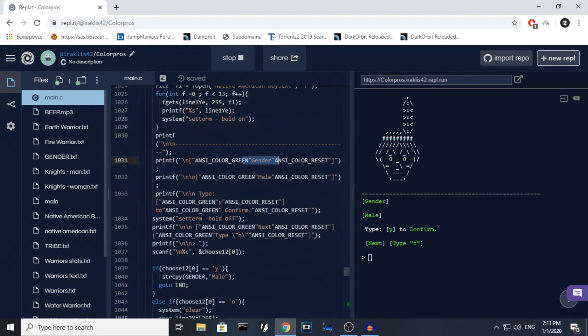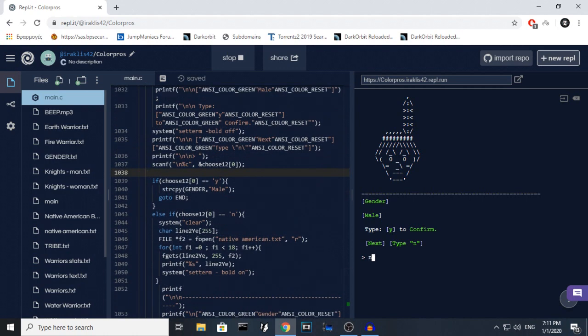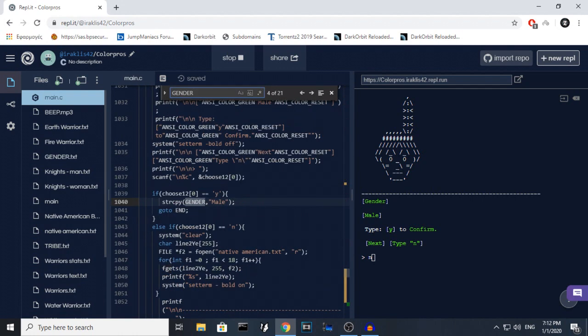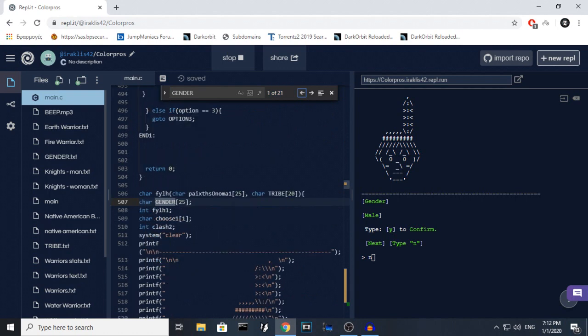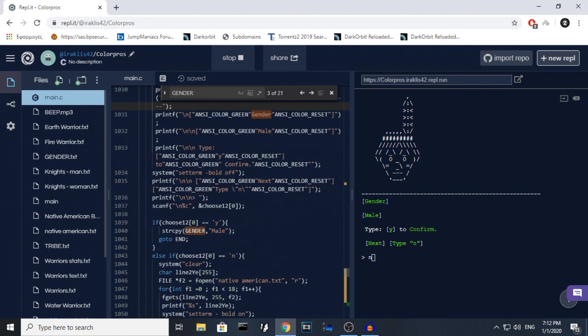Alright, and then I'm saying gender, male, type white, confirm, N for next. So if he types N, if Y, if he types confirm, string copy, gender, male. Okay, so I am sending the string male to gender. I've put it right here on the top, alright? So if he types N,